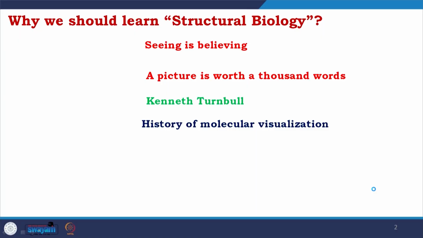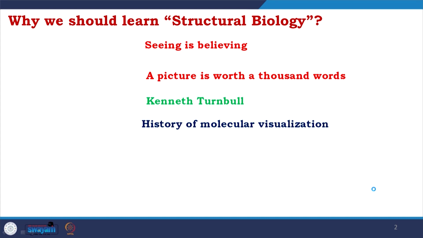Now it is not limited to the visualization of the picture. Through the course I have shown a lot of movies. First of all, the techniques have improved a lot, and the computational power has improved. So today I will talk about visualization, but the whole module includes the history of molecular visualization, because it is